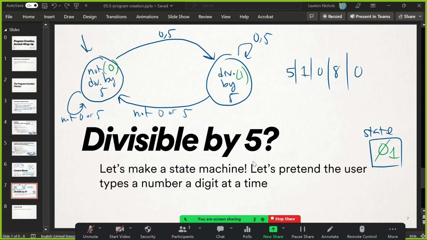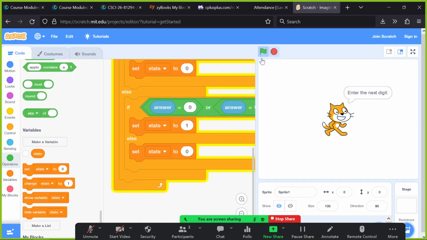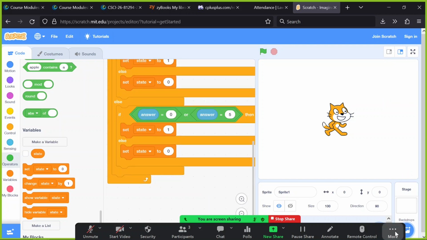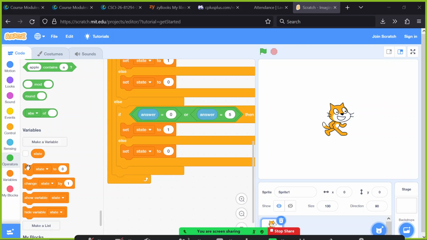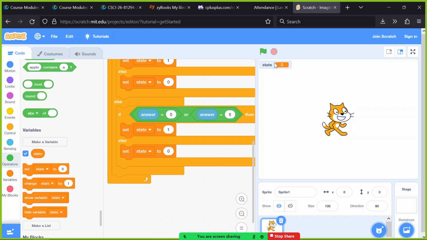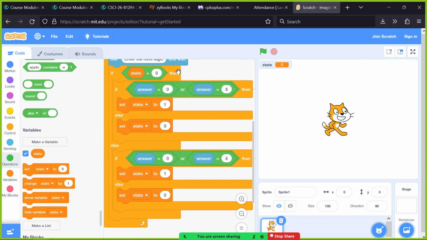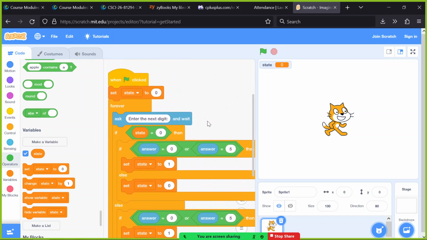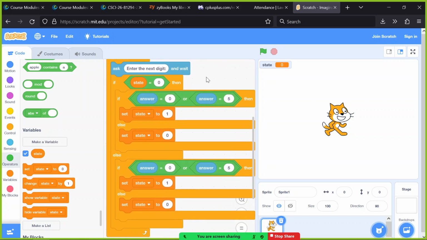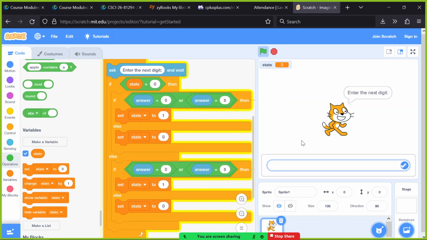Okay? So there's a lot going on there, and I think I don't have enough room to show it all to you, but let's just output the value of state. Let's watch it change each time, because this is a forever loop. Forever. So first of all, set the state to 0, and then forever do all this. And let's watch it work. So state is 0 right now. I'm in the not divisible by 5 state. But all right, the first digit is